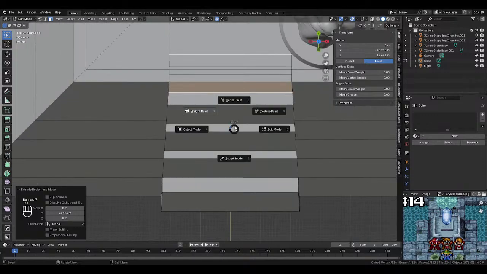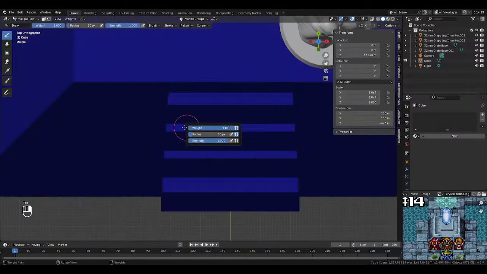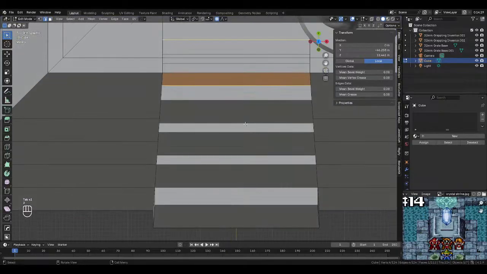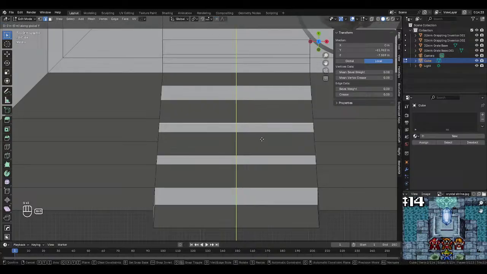And then you can go ahead and make these the same distance. And then for the top,